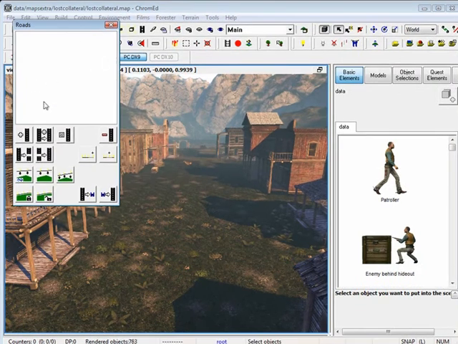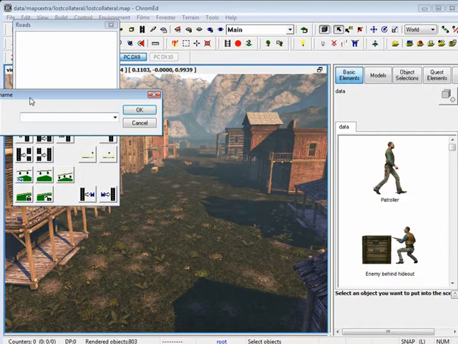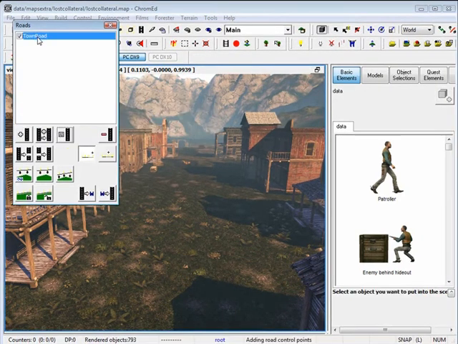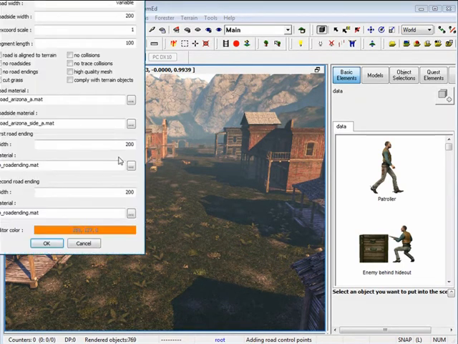Let's create a new road. By clicking on the plus sign, you create a new road right here. Click on it and name your road. Click OK. By double clicking on our new road or by clicking on Edit Selected Road, we have the Edit